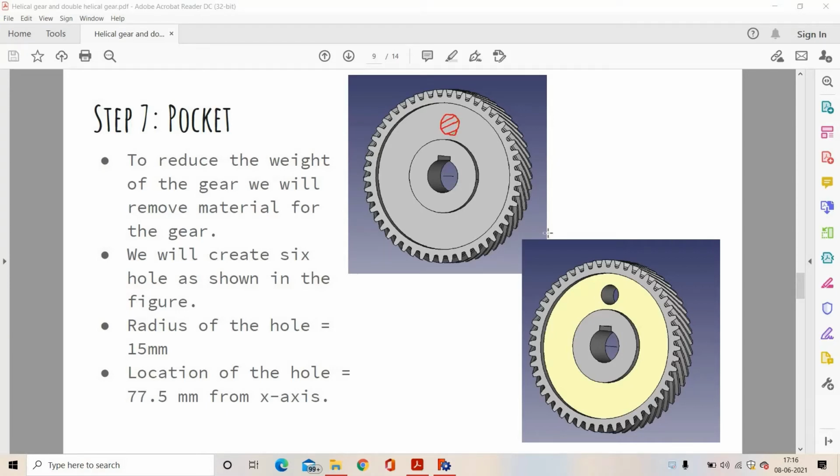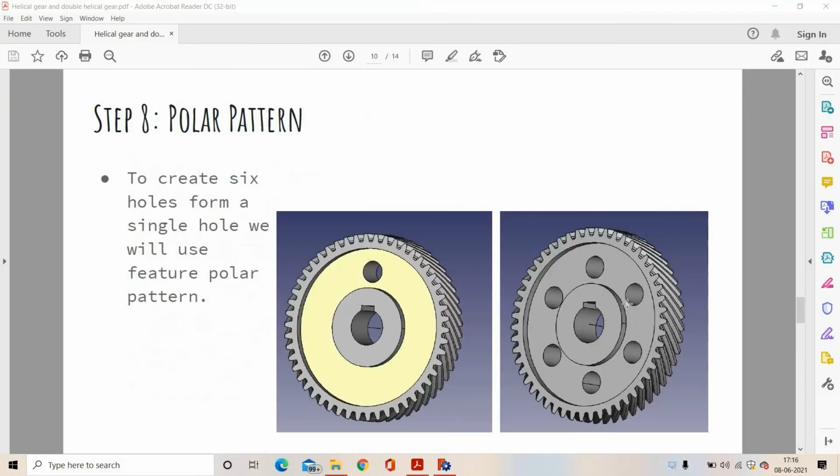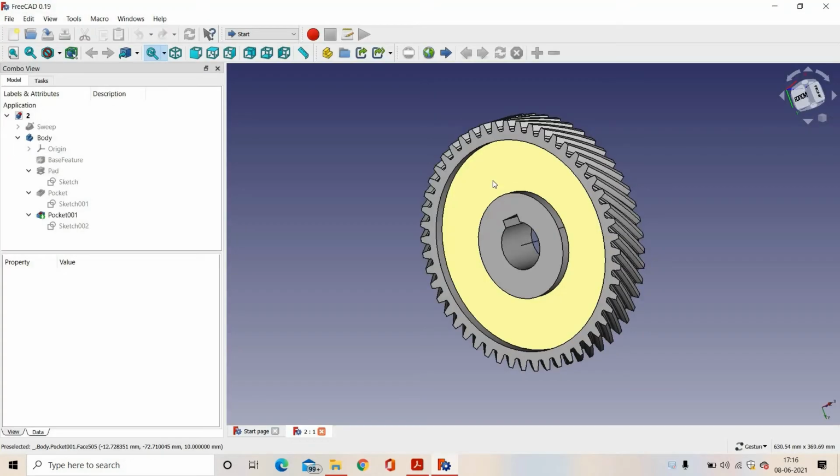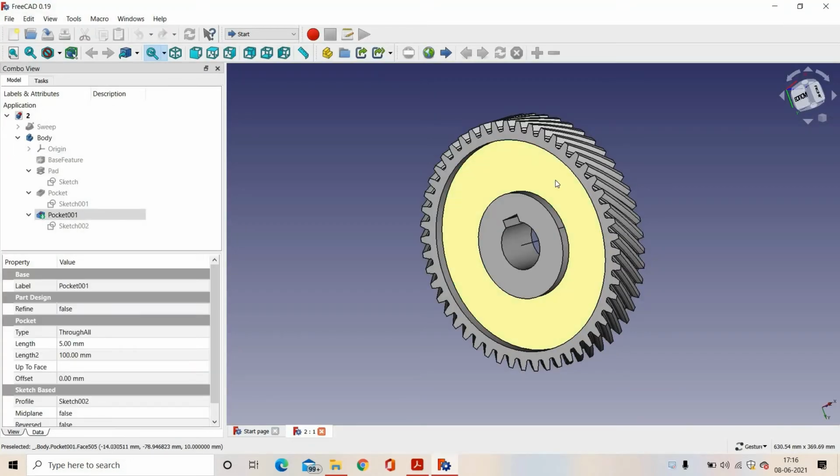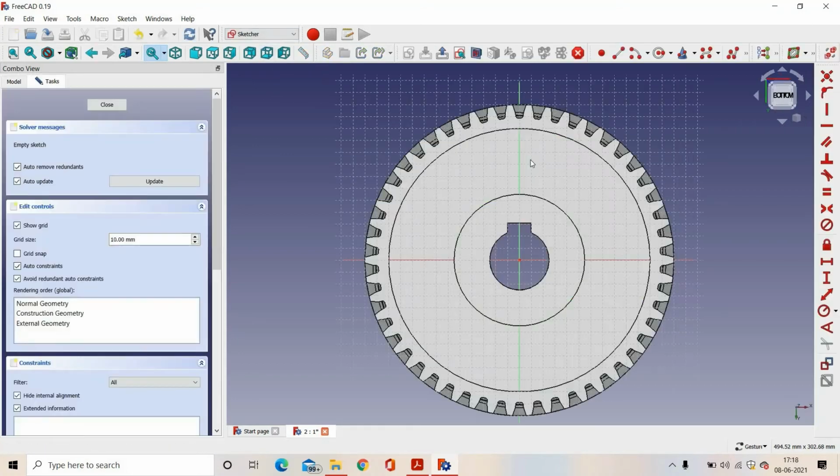To reduce the weight of the gear further, we will draw one circle and we will extrude it, and we will pattern it to 6. We will draw a sketch on this plane. We will draw one circle.